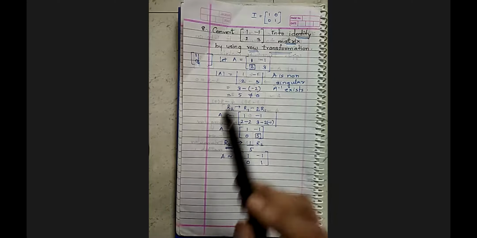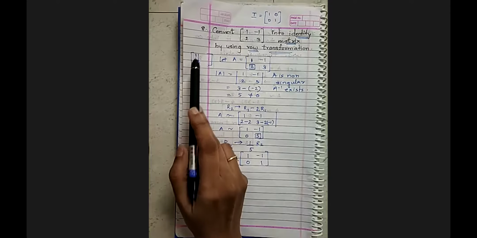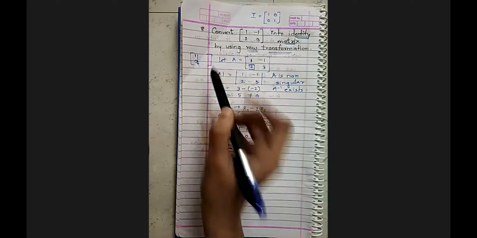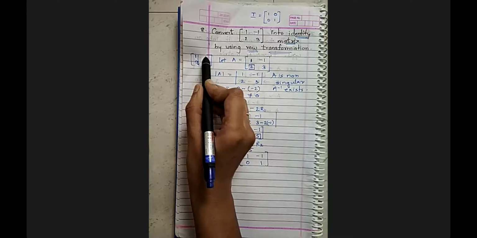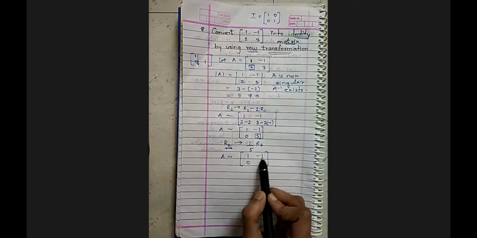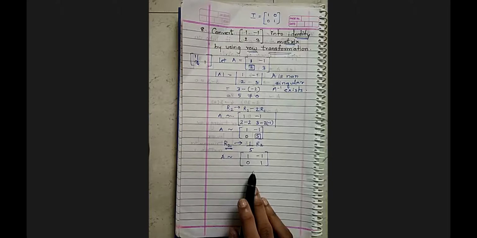Okay. So as per the flow, you have to see your first column. You got your 1, you got your 0. Now in the second column, you got your 1. Now your concern is to get 0. So now over here you have minus 1. Okay. So how you can convert minus 1 into 0? What operation you can use?